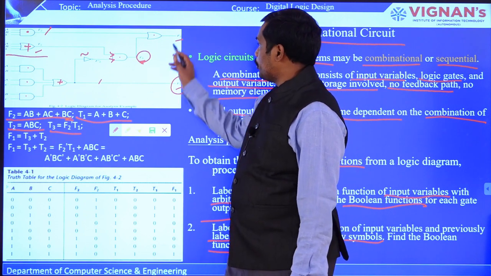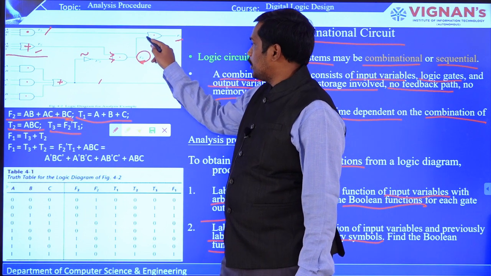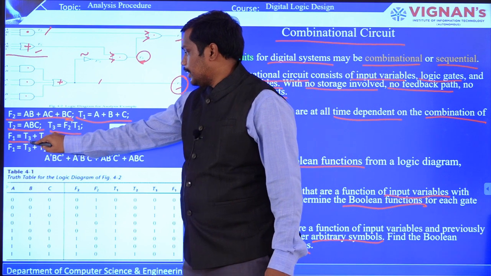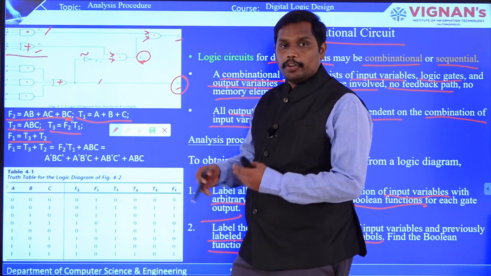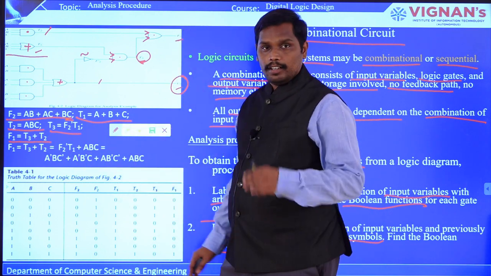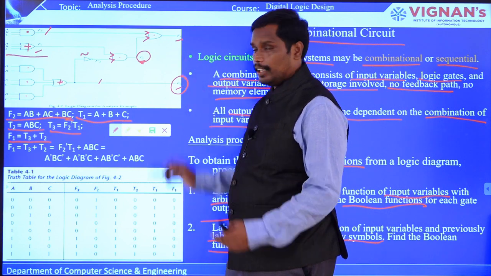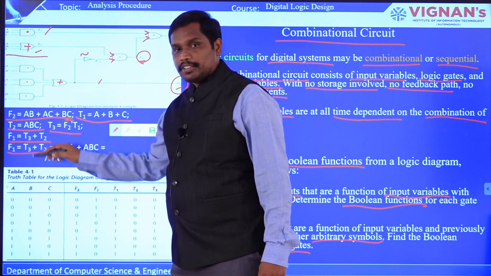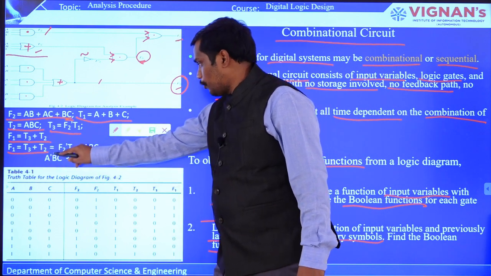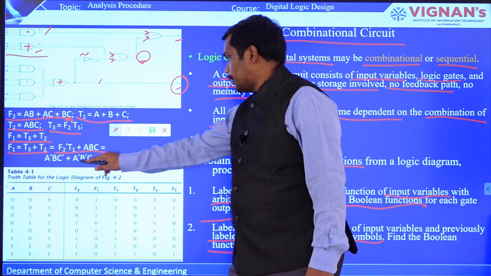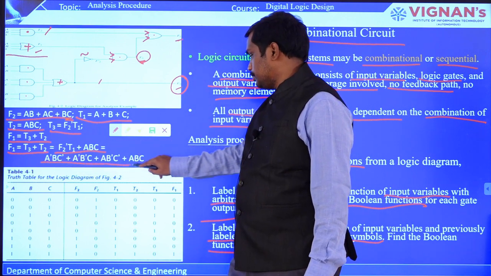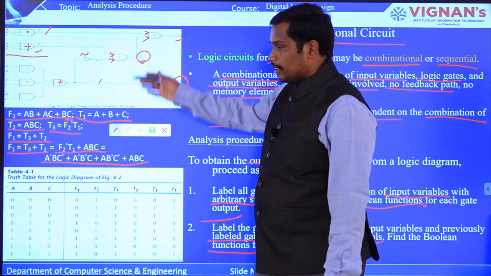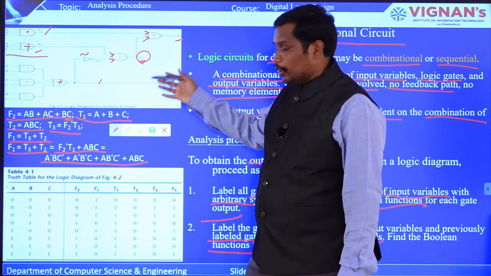And finally, you are going to get F1. For F1, T3 is given as an input, as well as T2. So now you can write F1 as T3 plus T2. That is how you are going to extract the final Boolean expression for F1. So now you see F1 is T3 plus T2, and you can represent T3 and T2 in the following figures, and finally you can extract the expression for F1.